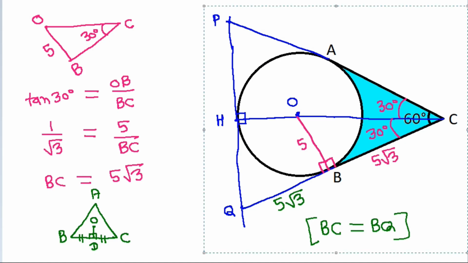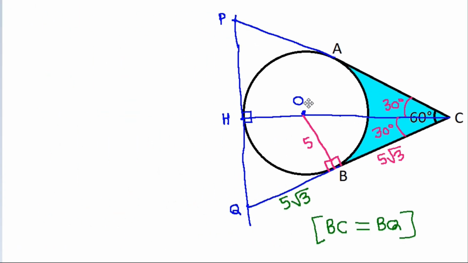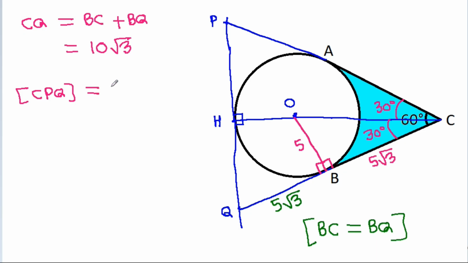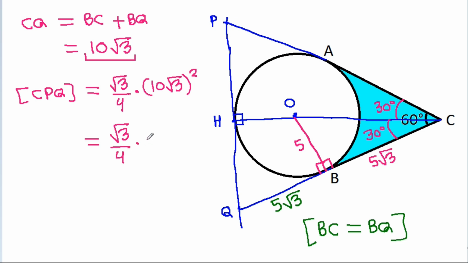Now CQ will be equal to BC plus BQ, that will be equal to 10 times a square root of 3, and the area of CPQ will be equal to a square root of 3 by 4 times side length 10 times a square root of 3 squared, and it is a square root of 3 by 4 times 300, and 4 times 75 is 300, so it is 75 times a square root of 3,